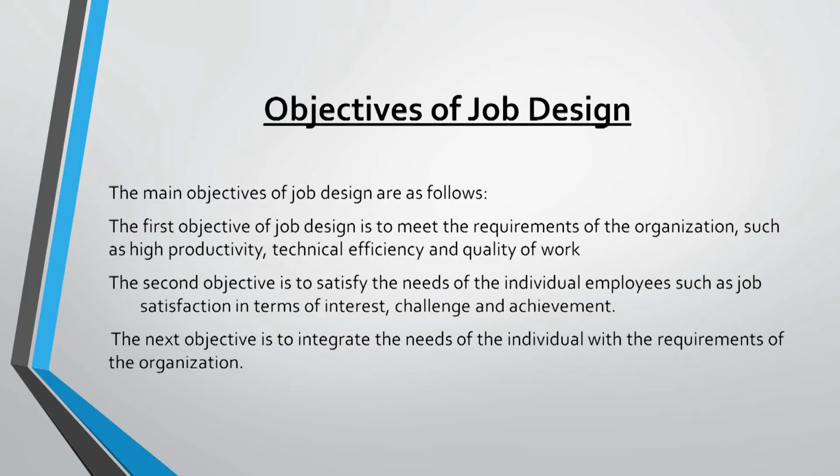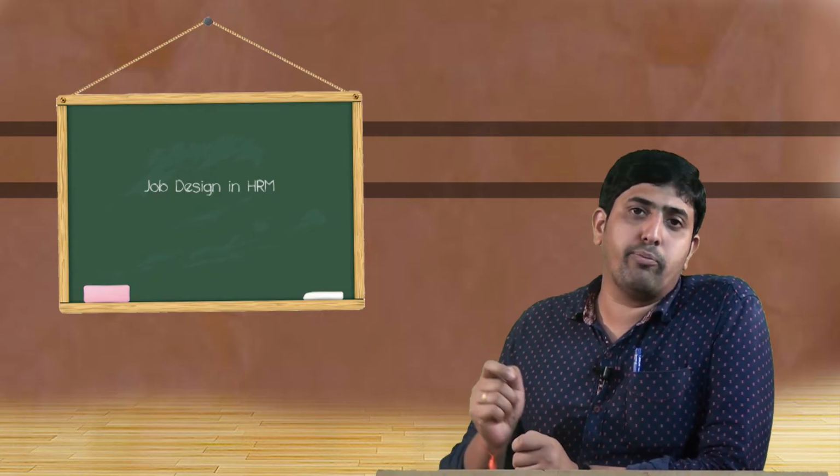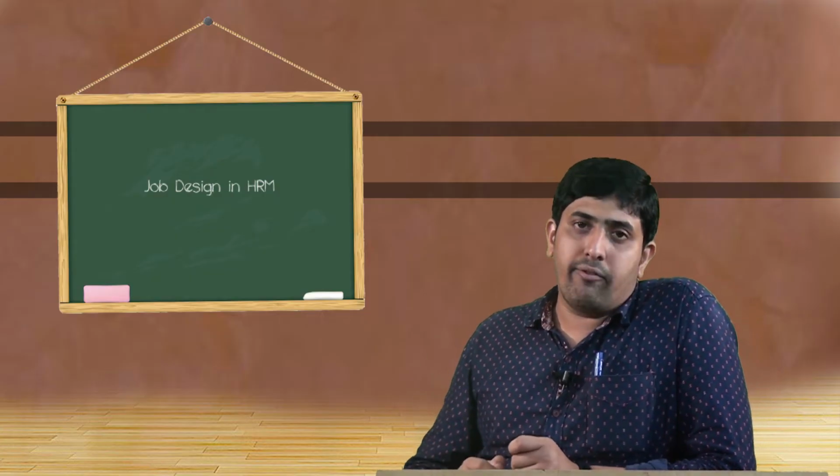Next, let us come to the objectives of job design. The first and foremost objective of job design is to make sure that the quality of the work is maintained. If you want to maintain the quality of the work, one should make sure that the employee is qualified enough to perform that task. How is it possible to make sure of that? When you know the qualities of the job, you can search for an employee who is qualified enough to be attached to that job. Then only can you make sure that the job performance also becomes most qualitative.